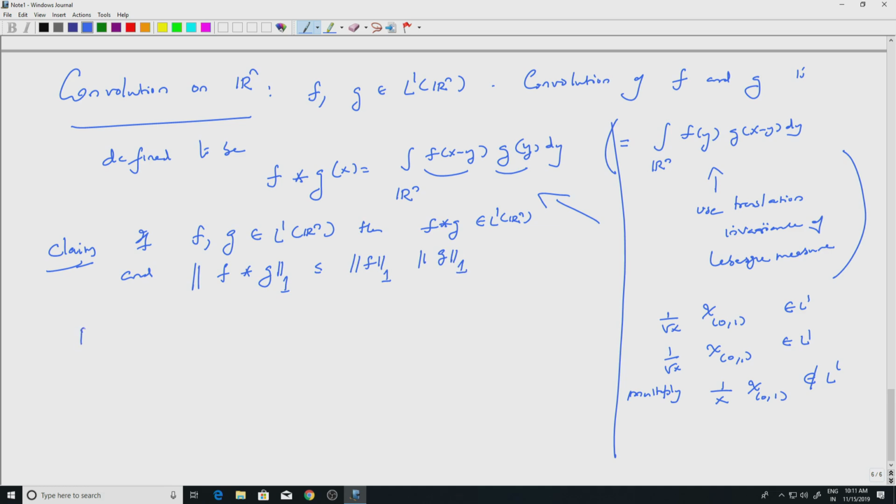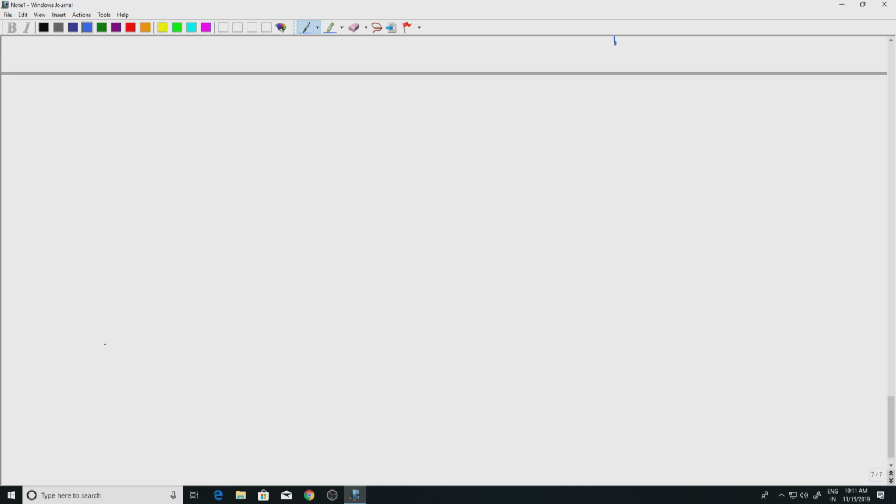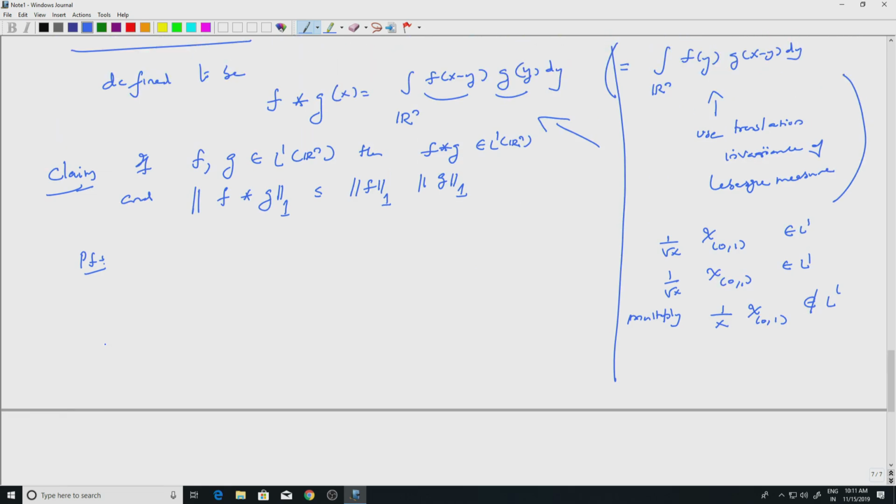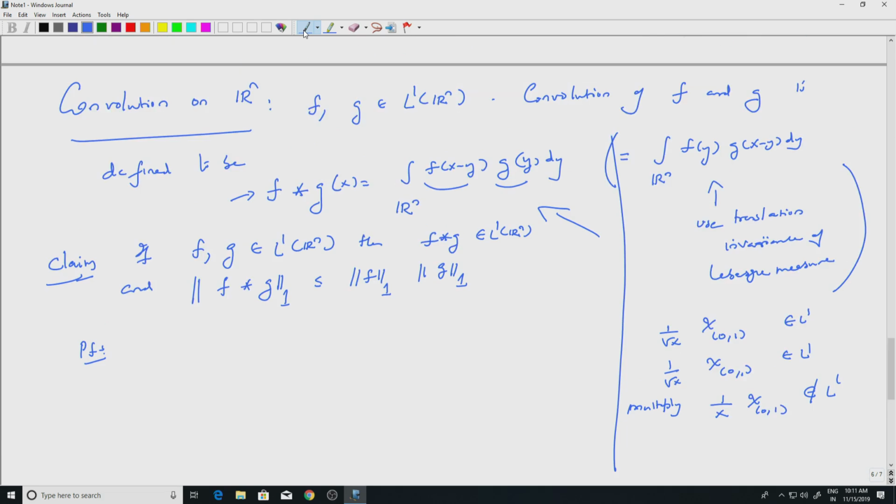So let's see, the proof of this is sort of straightforward. We have the convolution definition here, so we use that. The problem here is f and g are not positive, so we will simply work with mod f and mod g. Well, first of all, measurability. So I should tell you why. f and g are in L1, so they are Lebesgue measurable, right? And I am taking the product, so I need to show that it is measurable and then take the integral. So there is x, y and so on.